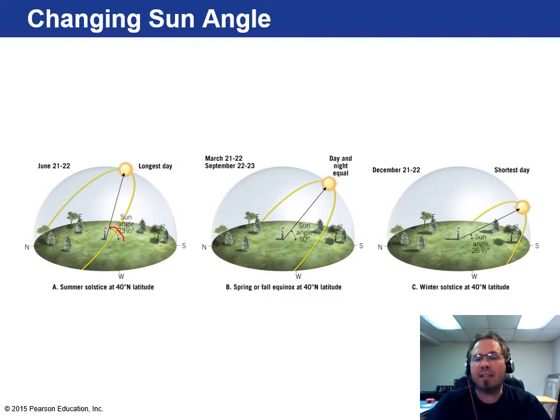Now, twice a year, we have both the vernal and the autumnal equinox, where the sun is exactly halfway between its longest and shortest day. These equinoxes would be the first day of spring and the first day of fall. Both of those would be at roughly 50 degrees of sun angle. That's where we have essentially 12 hours of day and 12 hours of night, right? Half and half. And that happens twice a year.